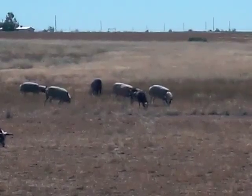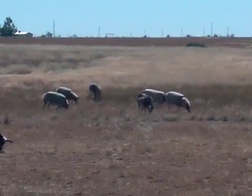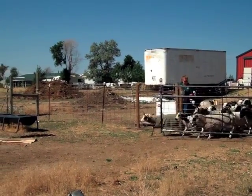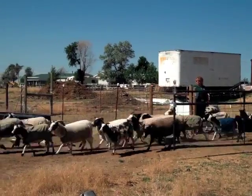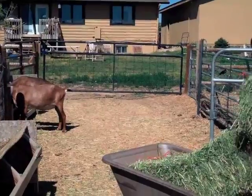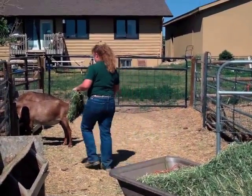I bring in all animals at night, and again, that keeps them more safe from coyotes. I don't leave them in the pastures at night. We very much control our pasture. Our animals get to go out to pasture more for mental and physical exercise, not for nutrition. Everything I feed comes from a bag or a bale, and I don't expect that pasture to provide any nutrients